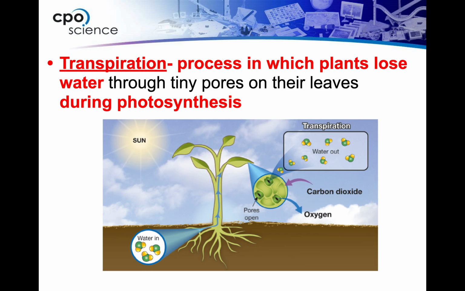So photosynthesis, the process in which plants take in water, they take in carbon dioxide, they produce their own food in the form of sugars, and they also release oxygen, which is a wonderful thing because it provides oxygen for us to breathe. But remember, the part of this that has to do with the water cycle is the plants lose water. So plants have tiny pores on the bottom of their leaves, little tiny holes, and water will actually get out. Same spot where that carbon dioxide that they take in goes inside the plant.